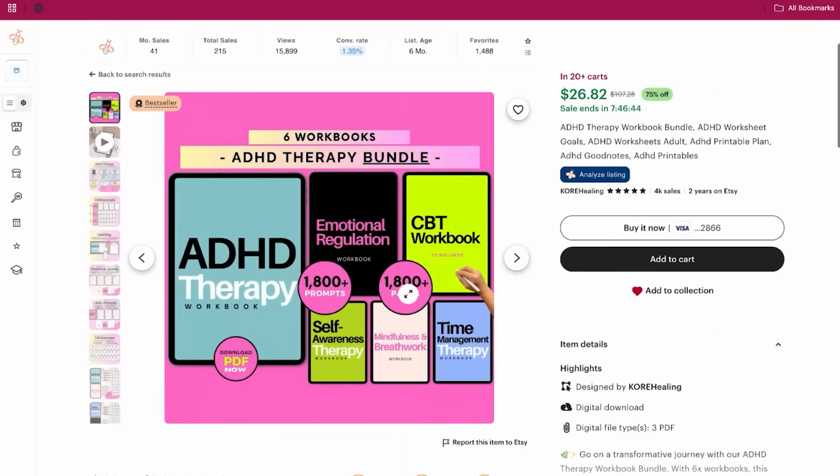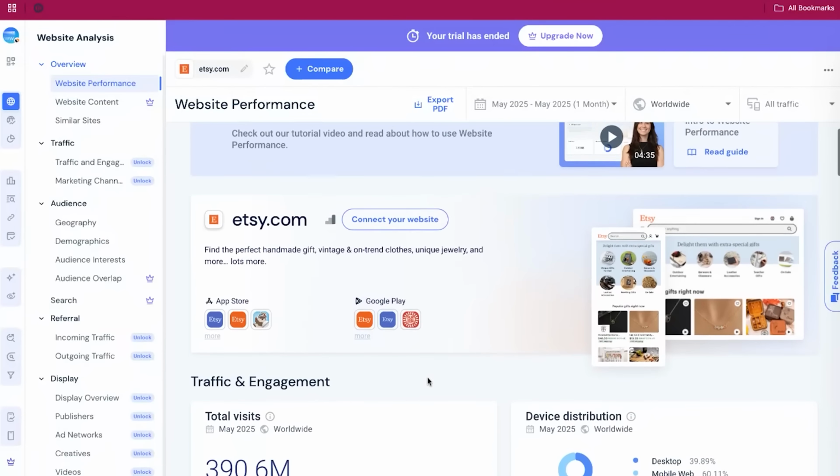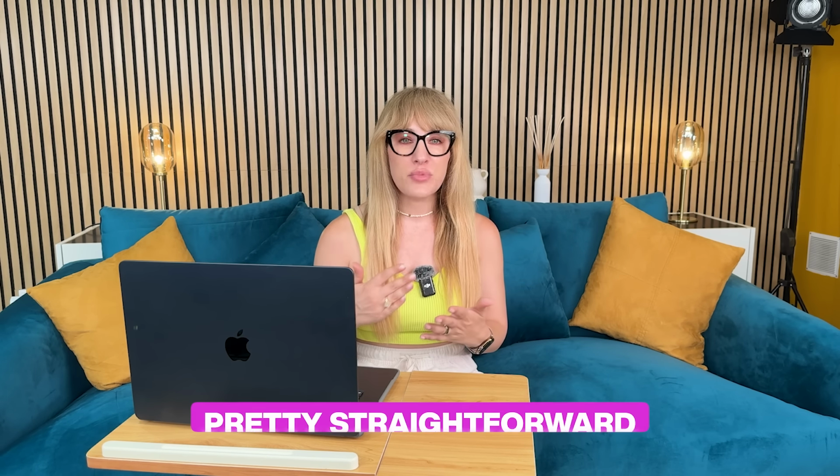The first method I want to share with you is probably the easiest way to start generating sales immediately, and that's publishing your ebook on Etsy. What most people don't realize is that Etsy gets millions of visitors every day, which means you're tapping into existing buyers and existing traffic instead of trying to create it from scratch. You don't need to bring traffic to Etsy, and you don't need to spend money on ads either. The customers are already there, actively searching for solutions. The process itself is pretty straightforward.